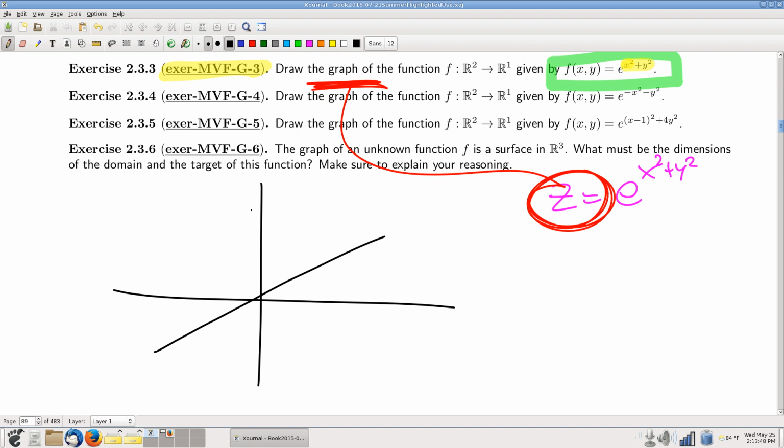The axis of symmetry is, let's see here, the z-axis. How do you know if it's symmetric around the z-axis? Yeah, so it's symmetric around the z-axis. I picked a bad color choice there. It's symmetric around the z-axis because of the fact that x and y, and I should point down here, honestly,